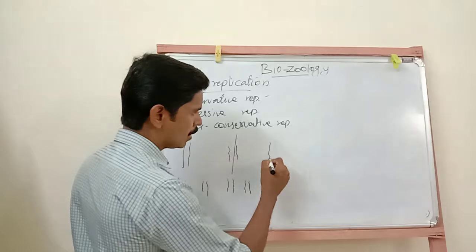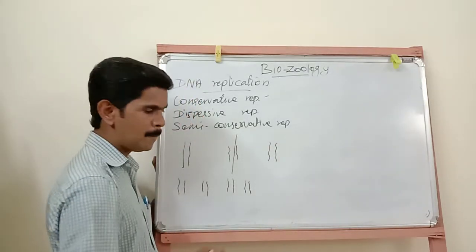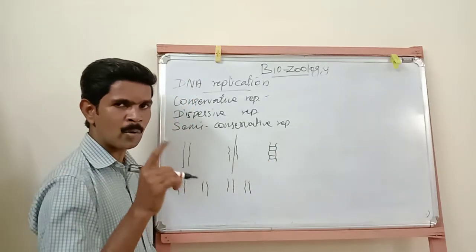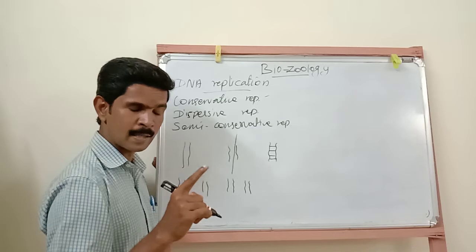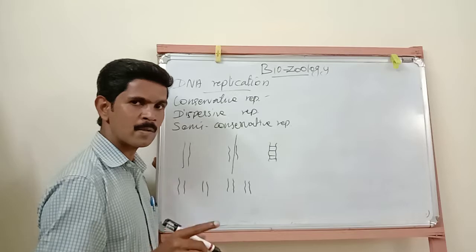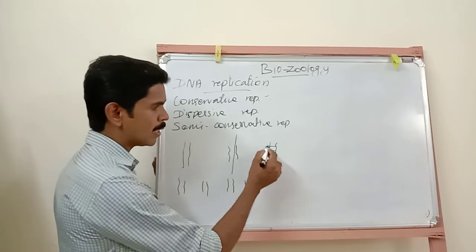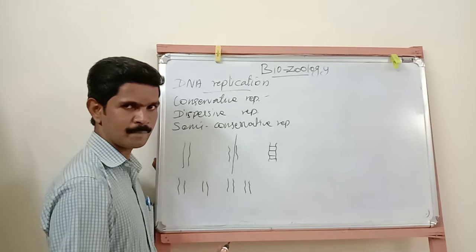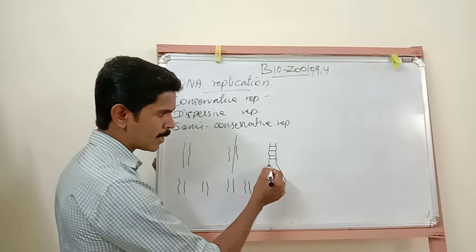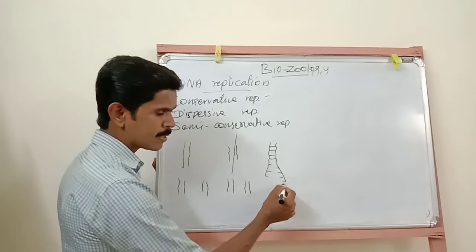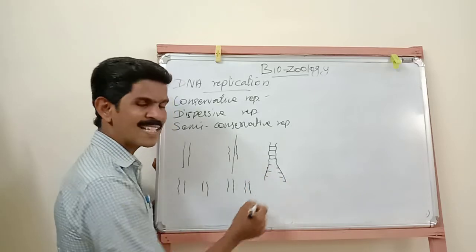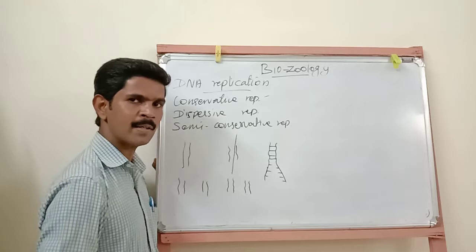Listen. This is a double-stranded DNA molecule. Both strands are connected by hydrogen bonds. Adenine is connected with thymine by two hydrogen bonds. Then guanine is paired with cytosine by three hydrogen bonds. Like that, many hydrogen bonds are present between the two strands. So when the replication process takes place, automatically the hydrogen bonds between these two strands are broken first. Understand? Then these strands act as template strands. Template means 'achi' in Tamil.